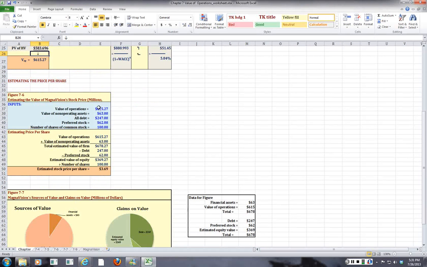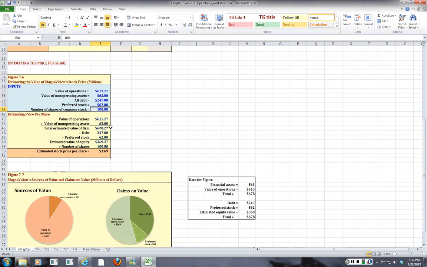We've got 615.27, which is that figure there, and we are going to add to that the value of the non-operating assets, which in this case is 63.0. Then we've got all the debt, which is $247, and the preferred stock is $62. And the number of common shares is 100. So now we're going to take that 615.27 and add the value of non-operating assets. So the total estimated value of the firm is